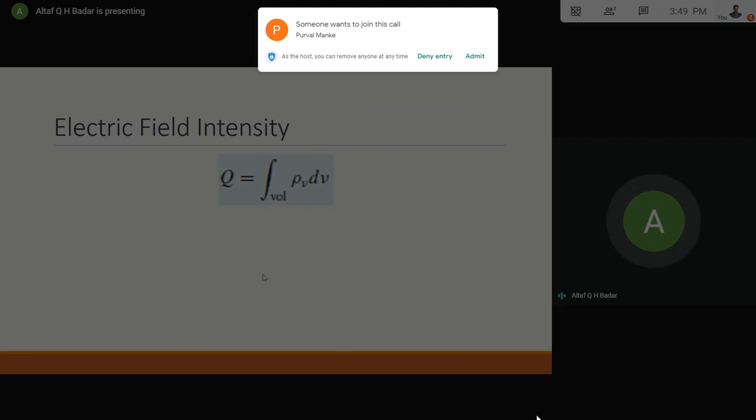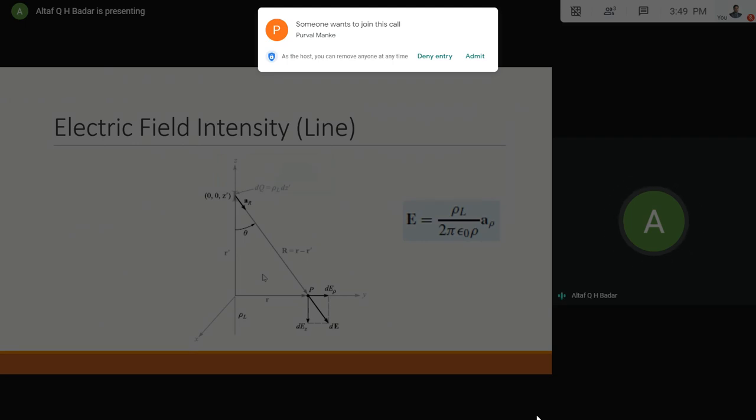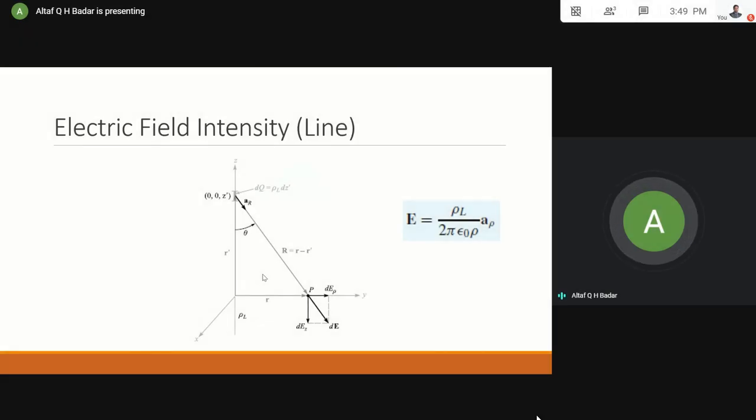So going by the same line, we go for electric field intensity because of a line. The derivation goes like this: you take up a point anywhere on the line, and we assume that the line charge is infinite from positive Z to negative Z, and there are certain assumptions. I believe that the derivation will not come up in your examinations in GATE, so that is why the derivation is not important. But in some of the numericals, if you don't know the derivation, you won't be able to find the solution.